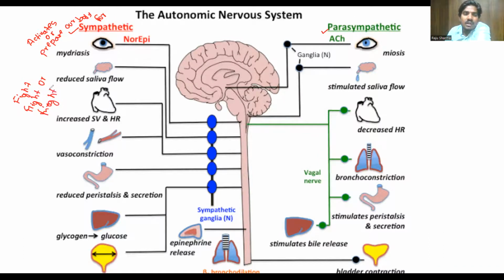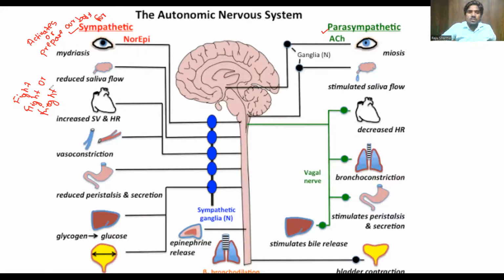Okay, so for all these three situations, sympathetic nervous system will prepare our body during this situation. ठीक है, कौन कौन सा सिचुएशन है? फाइट, फ्लाइट और फ्राइट सिचुएशन में। So in this situation, this sympathetic nervous system will prepare our body by releasing